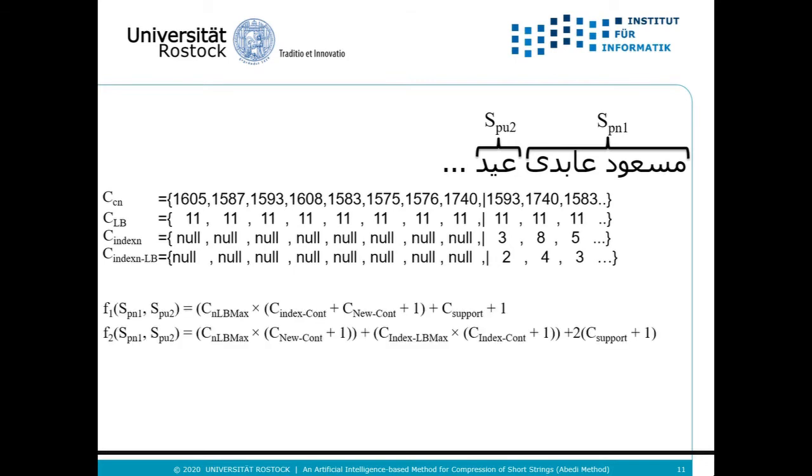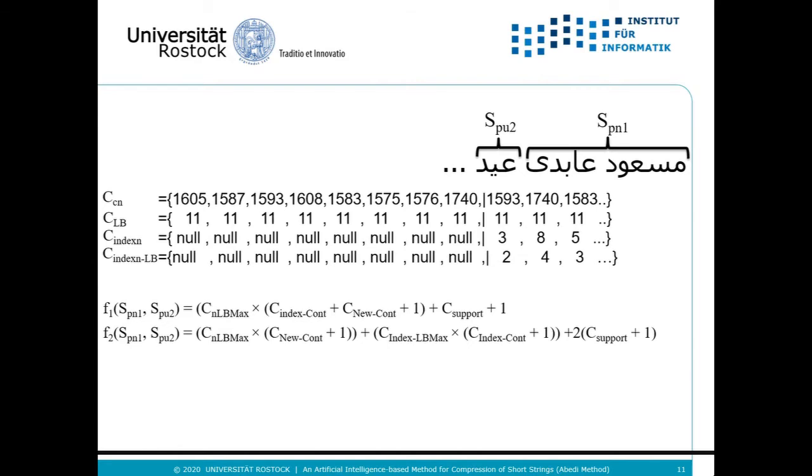By using these 2 formulas, we evaluate the separation efficiency such that F1 evaluates the size of the strings when the two regions are combined and F2 calculates the size of the strings when they are separated,